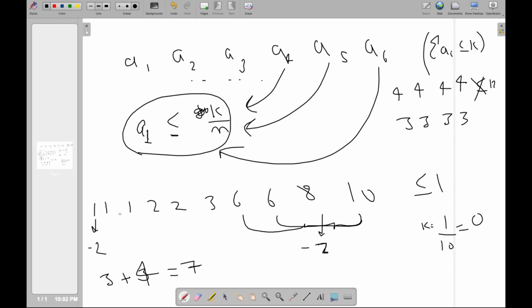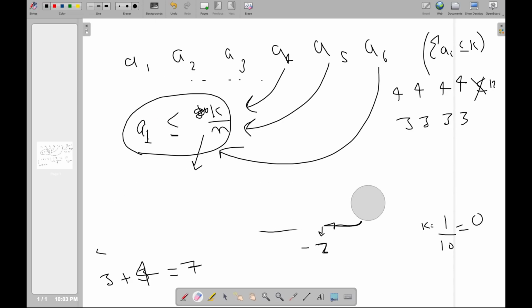So as you can see, we want a1 to be at maximum k by n, but by reducing a1 further, we can probably get a better solution with lower cost. And if you were to brute force a little bit, you will notice